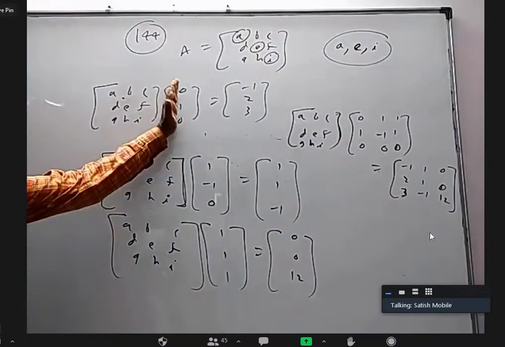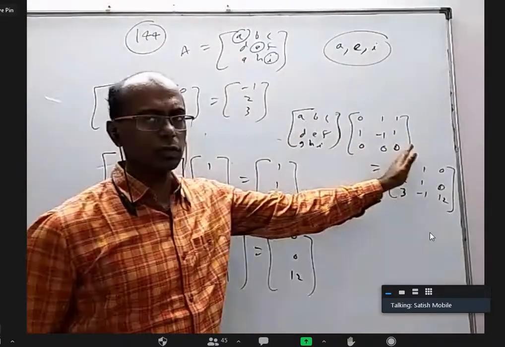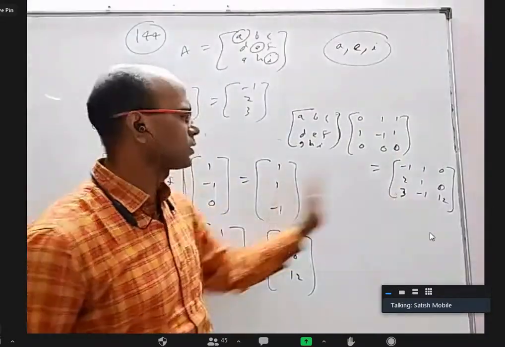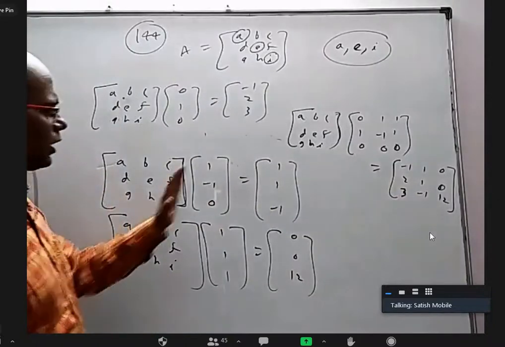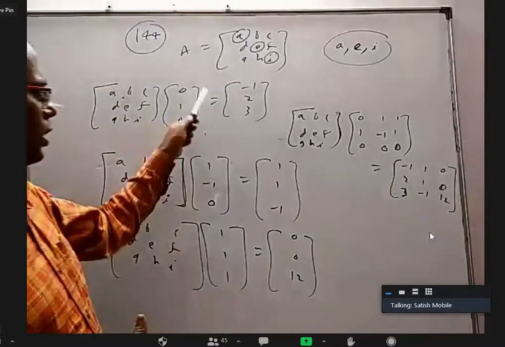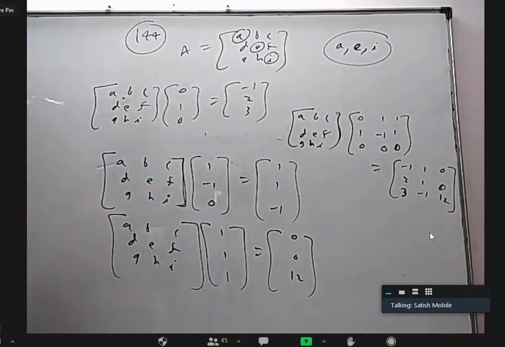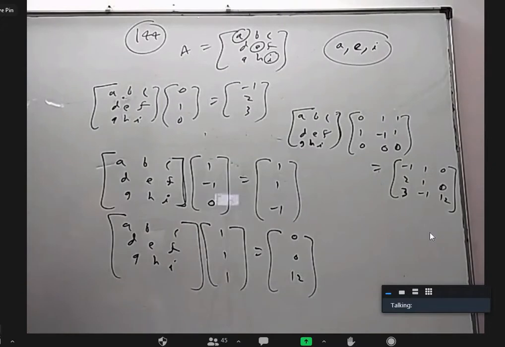See, this I kept as the first column, this as the second column, this as the third column. Similarly, this as the first column here, this as the second. I can change the order. If I put this first, this also I have to put first. All these three put together are there in this. Will you agree or not? Yes, sir.